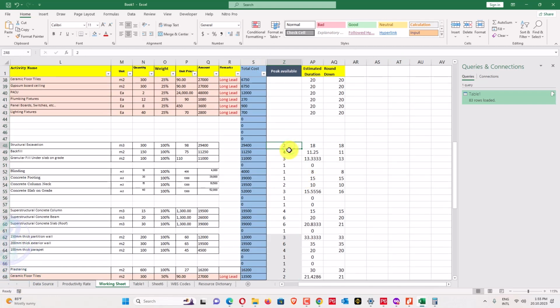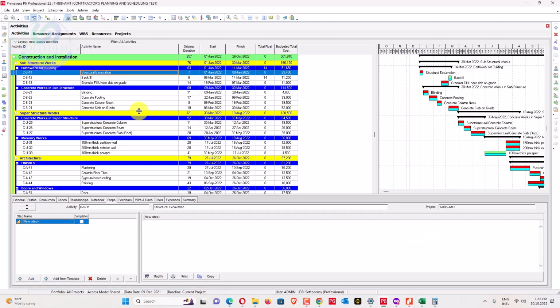If there are 18 days required, I can increase to 3 or 4 peak man days, up to 4.5, or like 5. So if I go for 5 peak labor, I can achieve that work in 7 days. So it's based on calculation of how many crews you have available. It's about expert judgment when you have experience on the site.